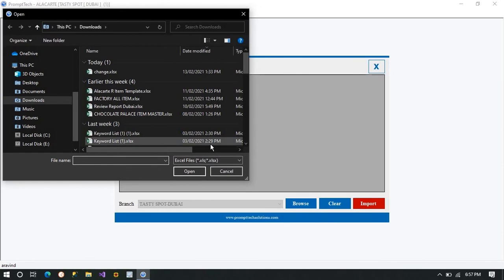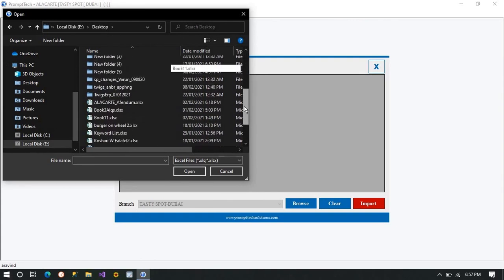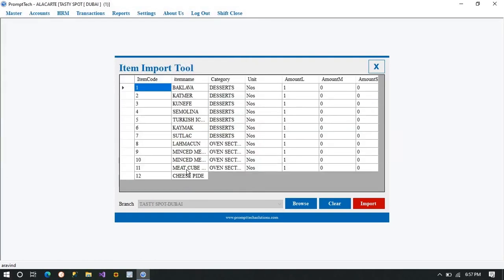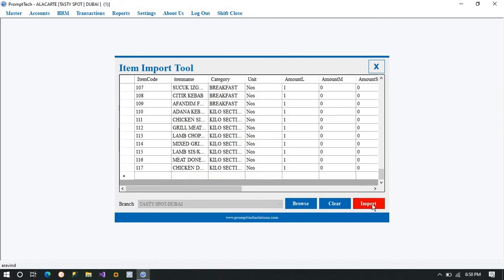Now, item import tool, what we do is when we browse an item import tool, right, you can actually from your local disk add in the items list if you have in an Excel sheet. Right here, I have some list, so I'm just adding it. Right now, as you see, it's already added. My items have been imported. Right, so I've just imported items.